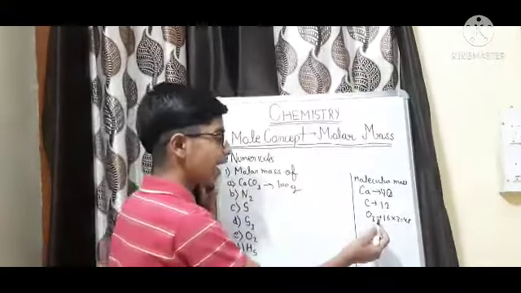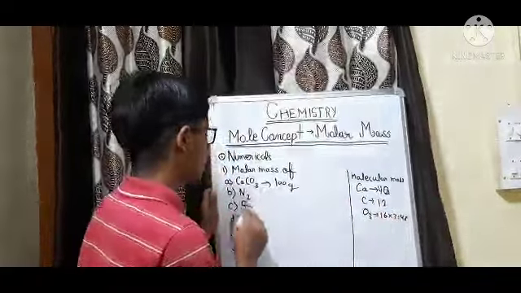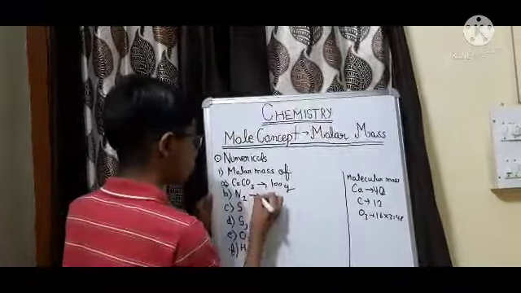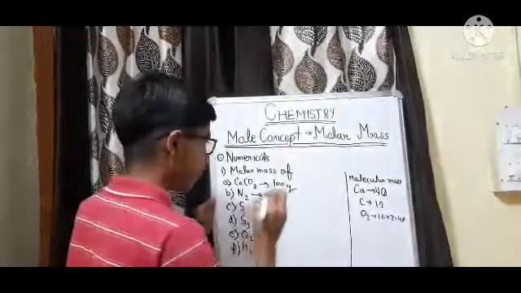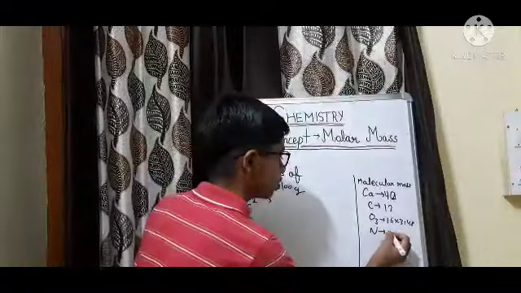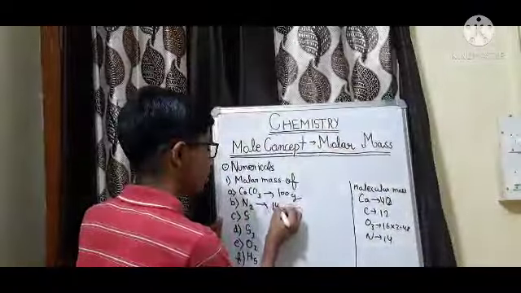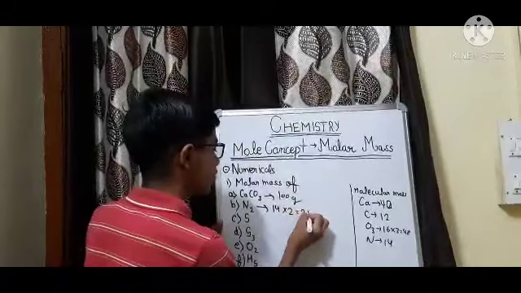So of 3 atoms it will be coming as 48. So we will add them, it will come as 100 grams. Now if we talk about N2, the molecular mass of N is 14. Now 2 is used over here, means 2 atoms are there, so 14 into 2 equal to 28 grams.